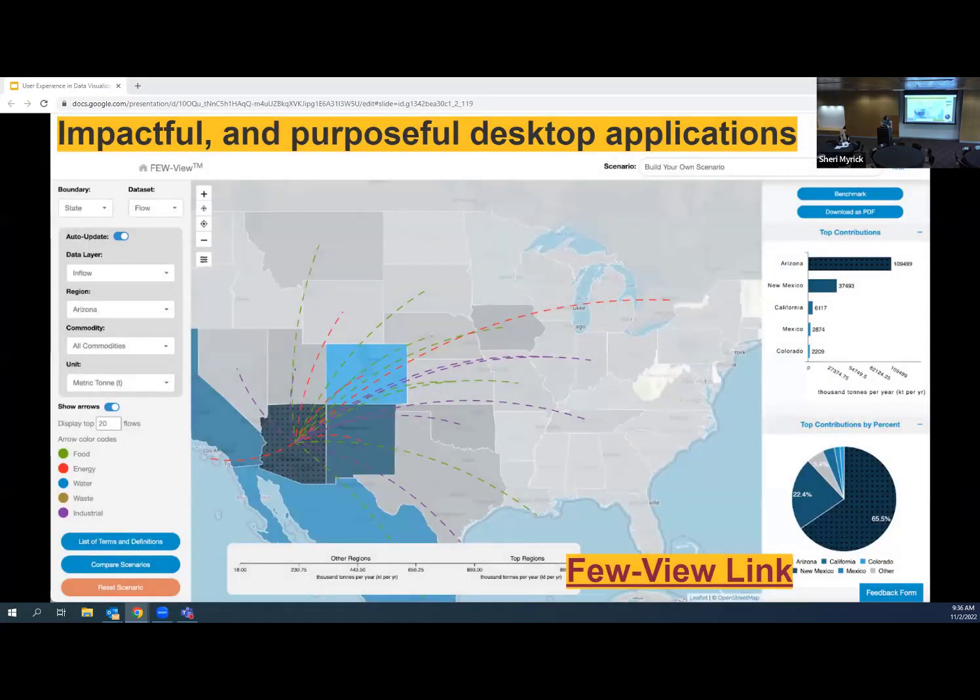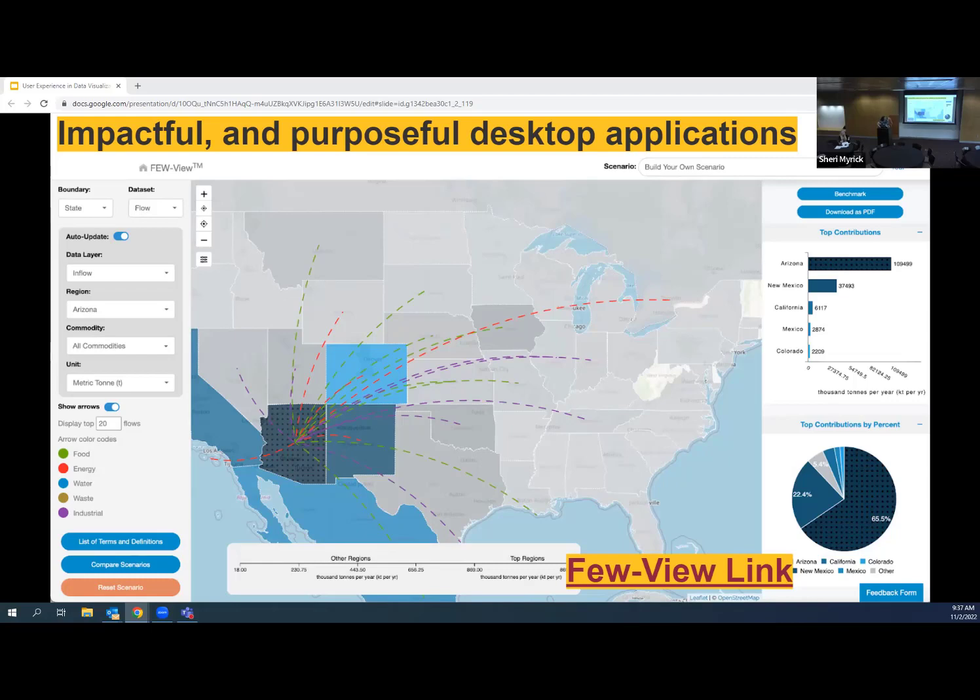We also create purposeful desktop applications. This is actually something called FuVision or FuView. When you get a copy of these slides, there's a link to everything you need in here. This is an amazing tool that we built that shows the supply chain of commodities throughout the United States.